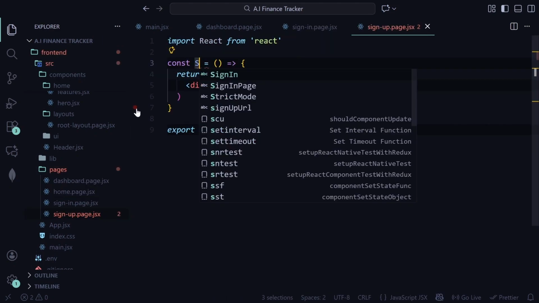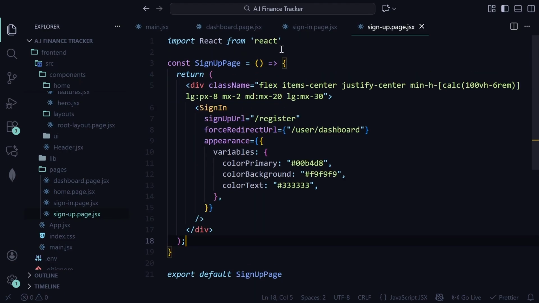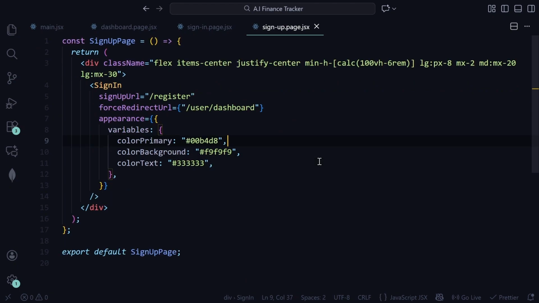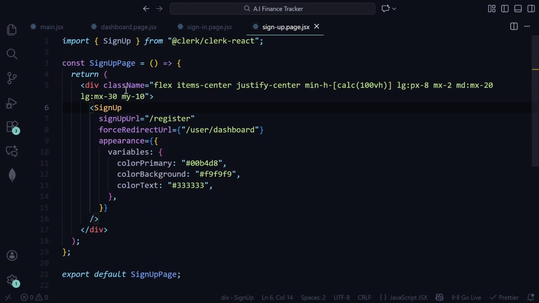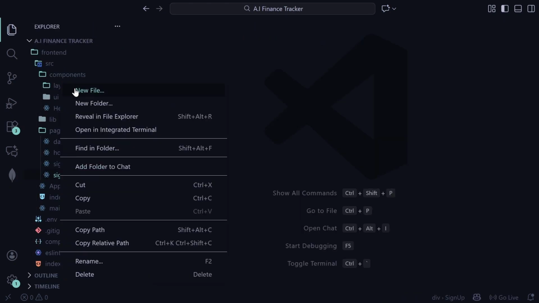And then make this sign up page and then paste it here. Remove that and just make some minor changes. Remove that and then add my10. This will be sign up component. This would be login, and then close others, then close this as well, and then create a new layout called